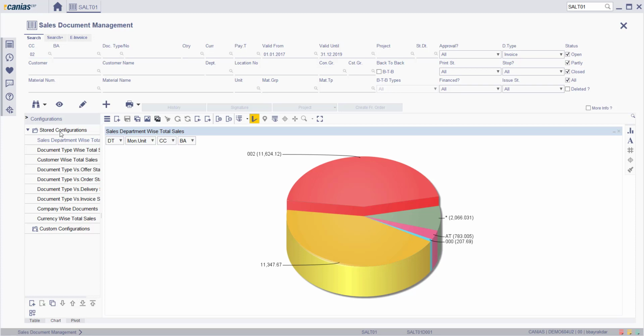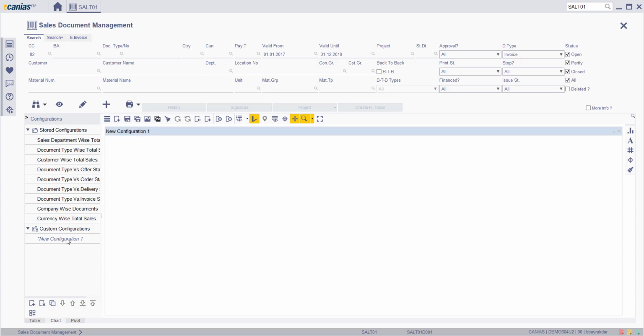If the information that is listed by default is not enough for you, as a user, you can create your own custom configurations. To do that, select the custom configurations from the list and click on the new button at the bottom of the screen. Enter a title for your configuration.